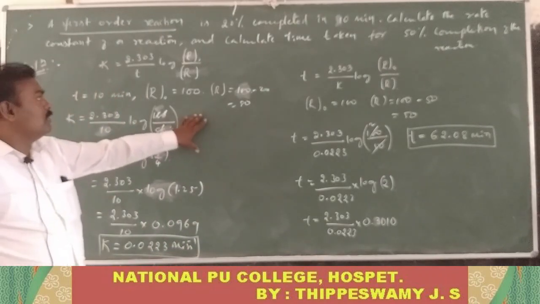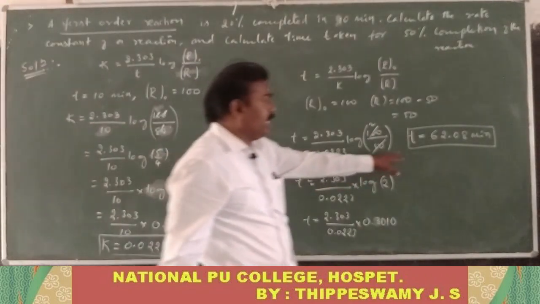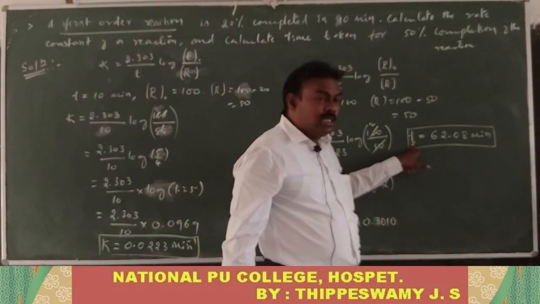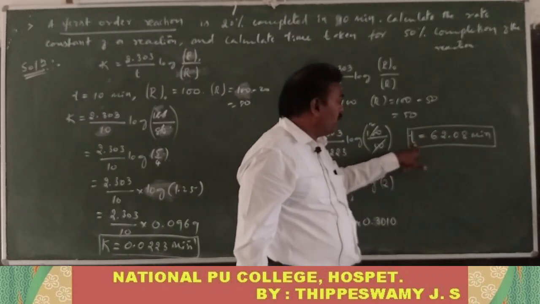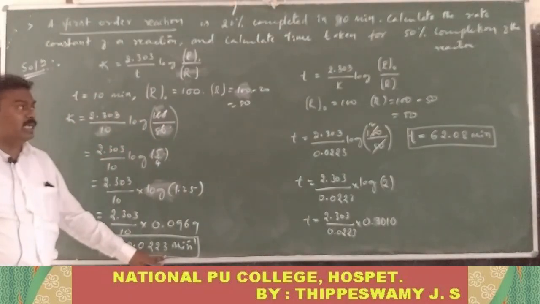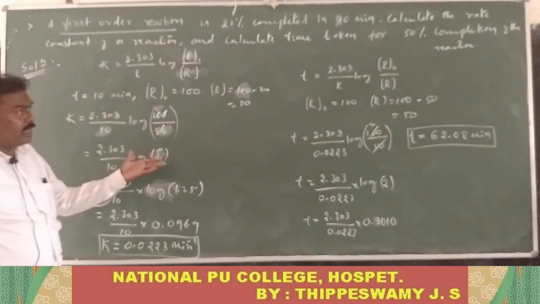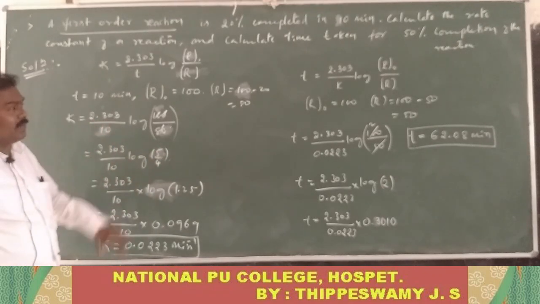Following, all of you? So in the first step, we have to find the rate constant, and in the second step, we have to find the time required. For all the answers, now compulsorily you have to write the unit. So this is the unit of time, that is minute, and the unit of the rate constant is per minute only. So based on the given data, we can substitute the values and simplify this kind of numericals.